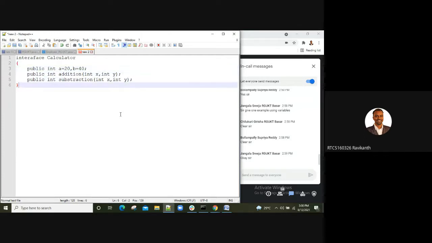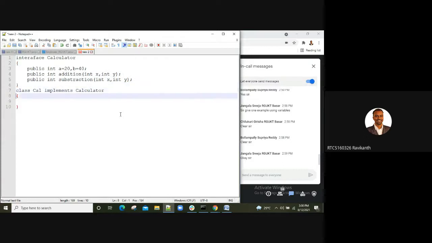So you have written an interface now. Now we have to take a class. Class calc, some class name. Now it will implement calculator, right? So in this class you have to write the functionality of these two methods, addition and subtraction.